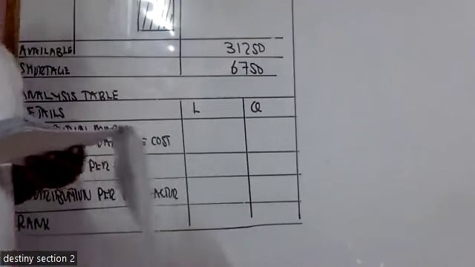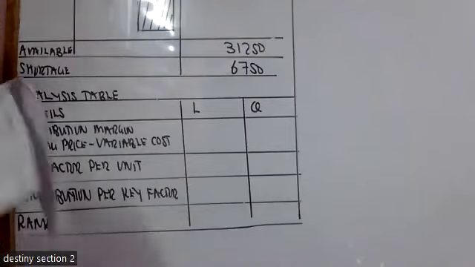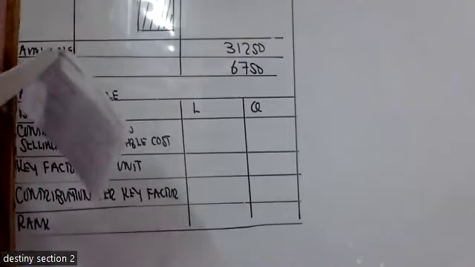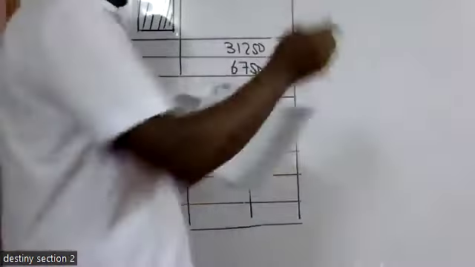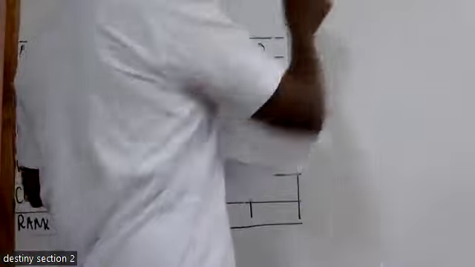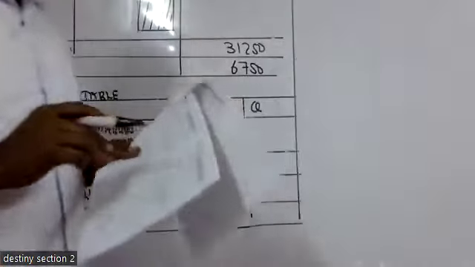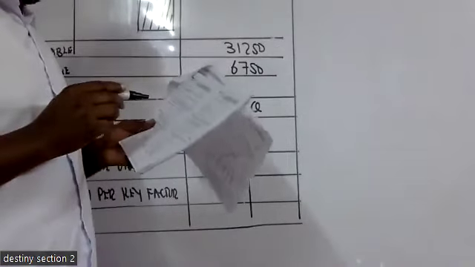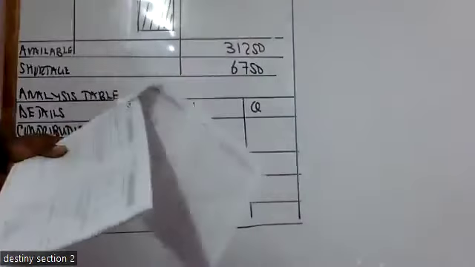There's something that we need to do before we are satisfied with the variable costs. If you look at product L, in terms of labor hours, we are told it has